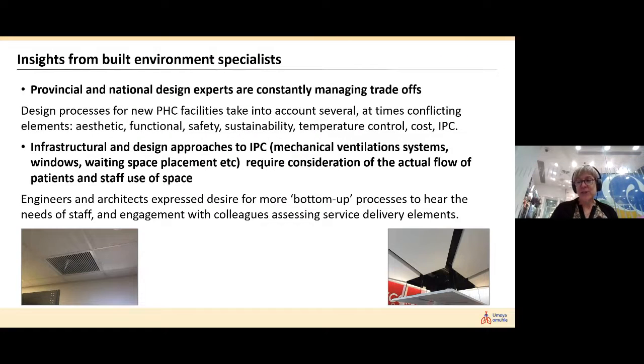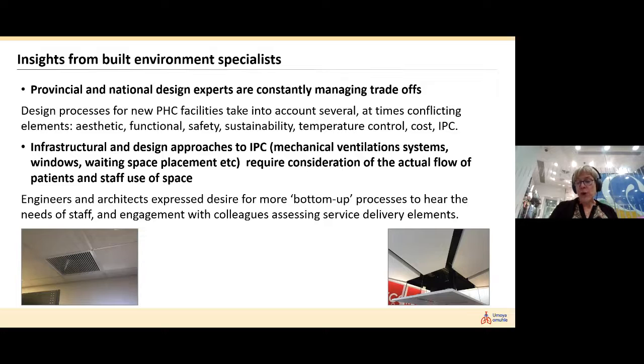Finally, we held discussions with architects in the Western Cape, and they indicated the various considerations that they had to weigh up when designing new clinics, including but not only related to IPC. Getting a design implemented then also involves further discussion with public works regarding what can be built. And the architects confirmed that effecting structural changes to buildings later on is challenging, and that designs that confer flexibility, such as with movable wall panels, were considerations for responding to changes in the organisation of care or shifts in services delivered in a way that could still ensure IPC.